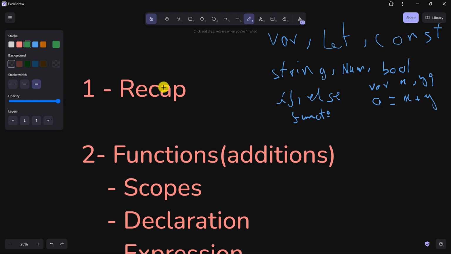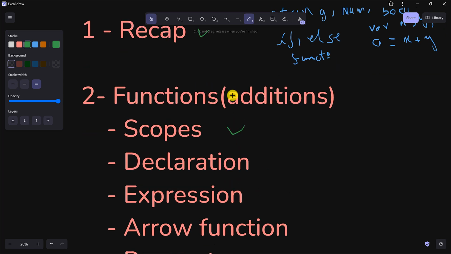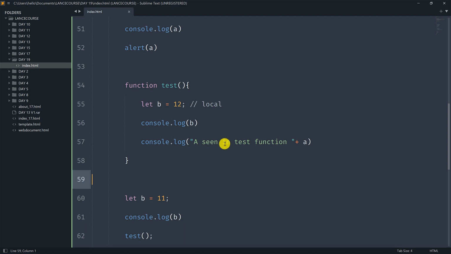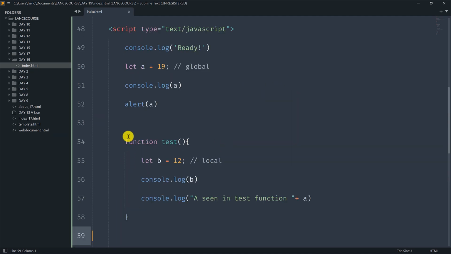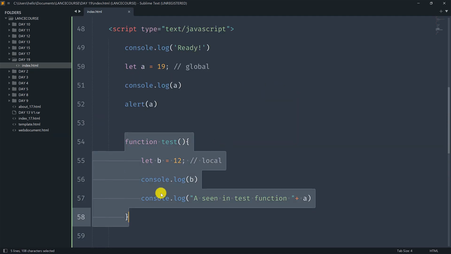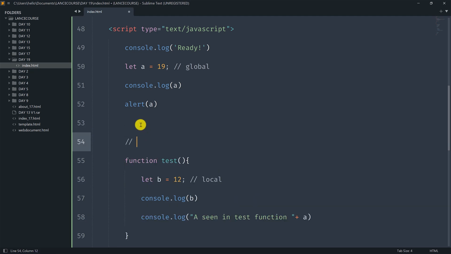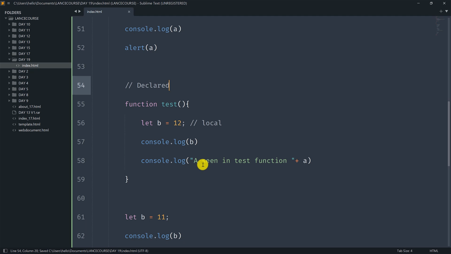So that being done, let's check this. The other thing I would like us to go through is about the types of declarations of functions, how functions are defined. So the way we define this function here, test, is what we call a declarative declaration of a function. So this function is declared, and the reason is because basically how JavaScript works is that